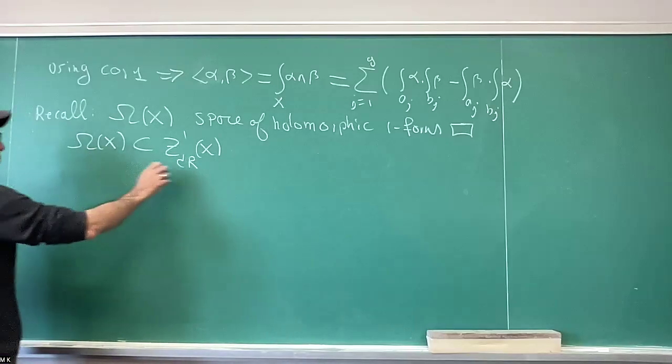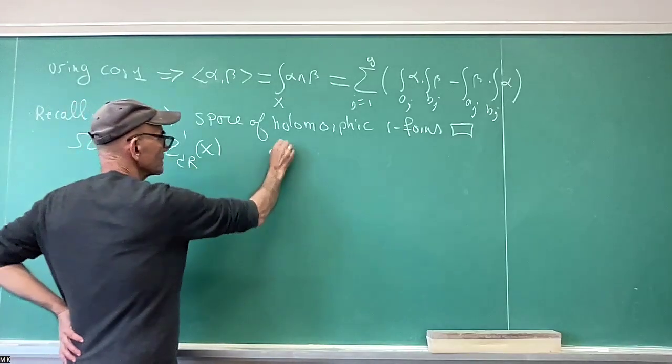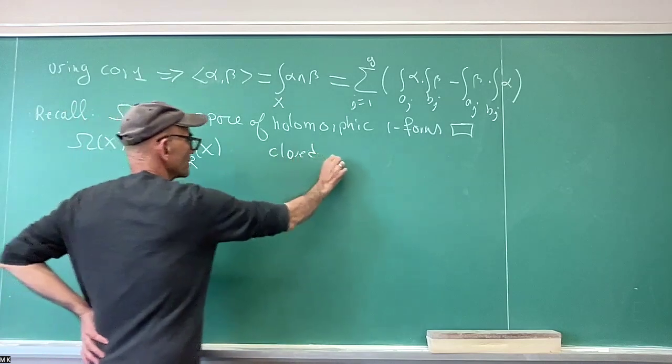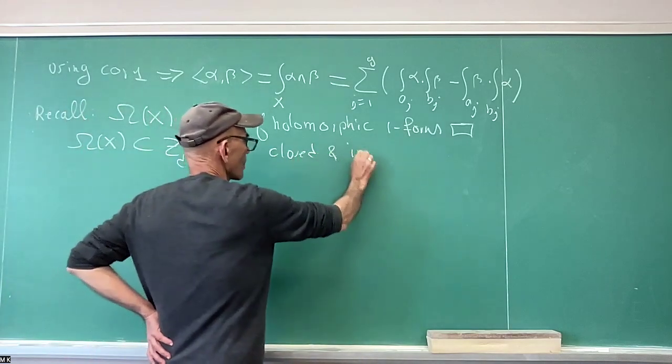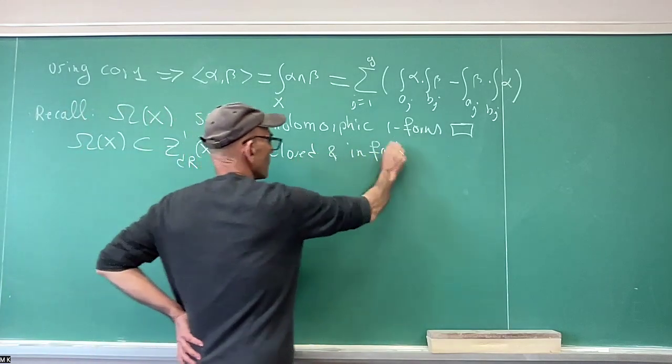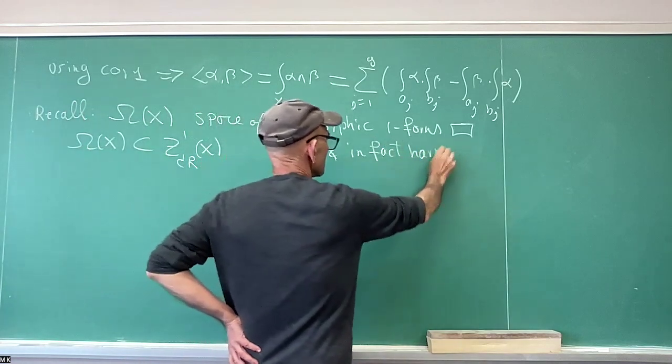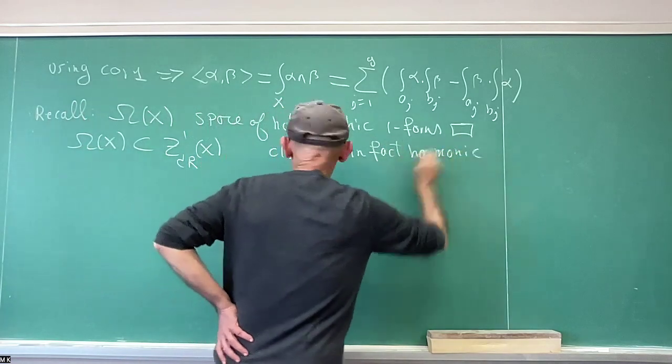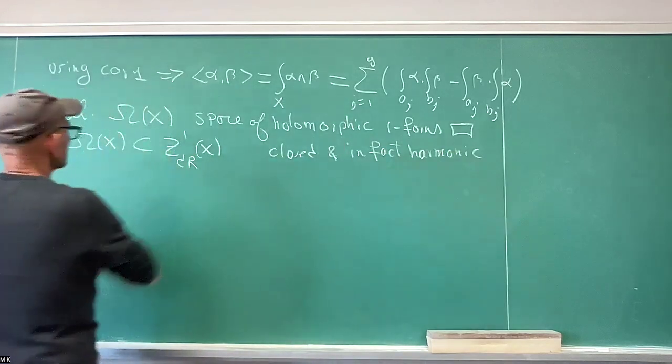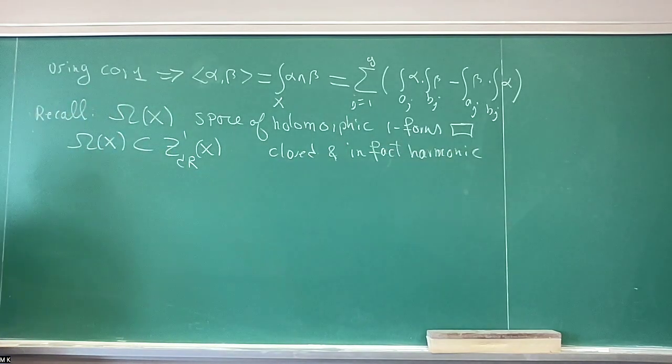So they are closed and in fact harmonic. We discussed this a little bit, and we'll carry on further today, but a little later. So what we showed is that